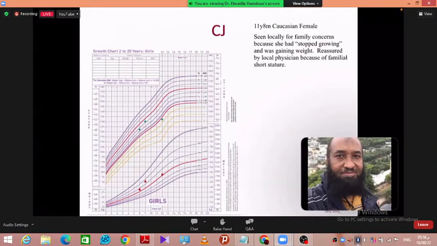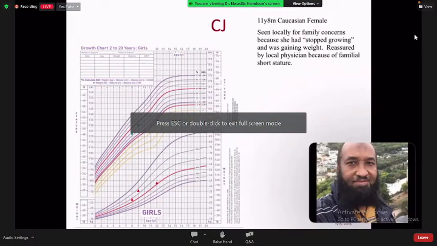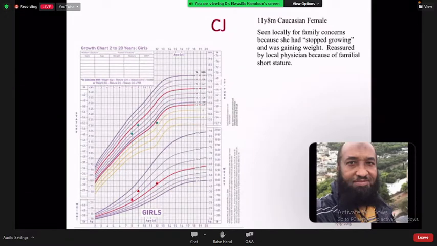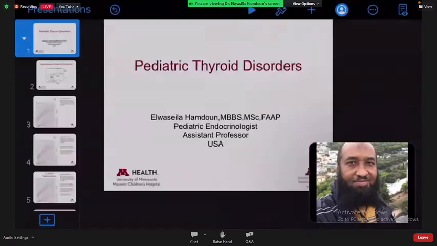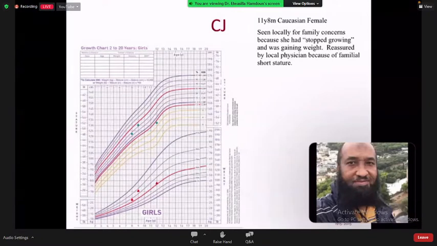As a general pediatrician, remember, when you have a child who has slowed down in height, always remember the differential diagnosis, a long list of differential diagnosis. But among that differential diagnosis, remember, hypothyroidism can cause slow down or deceleration of growth. So in this case, we're going to go through the presentation. She was seen locally for family concerns because she had stopped growing and was gaining weight,